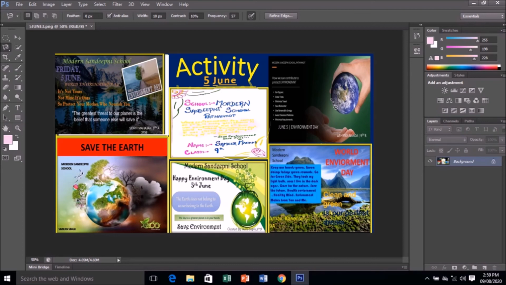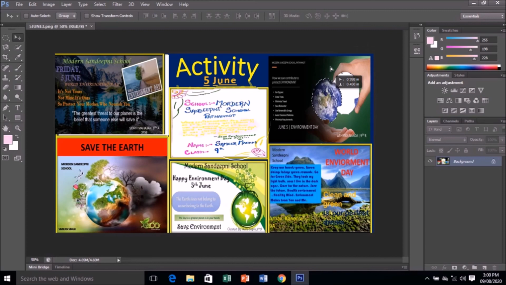If you want to select the petals of the flowers, the previous selection tools were used only to select a fixed shape like a rectangle or oval. So here we have selected, and with the Move tool I am moving this off.